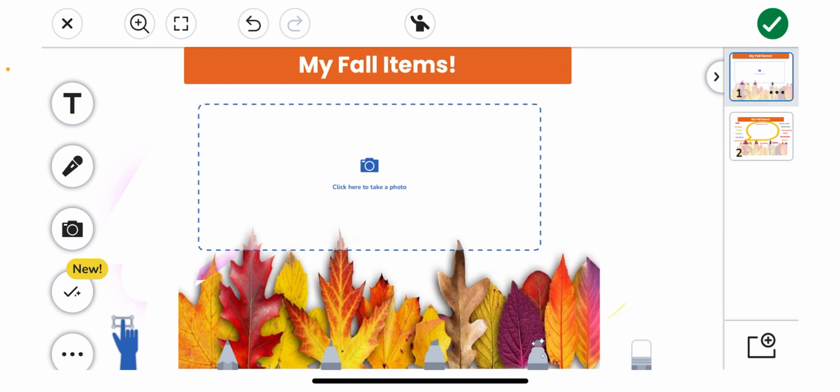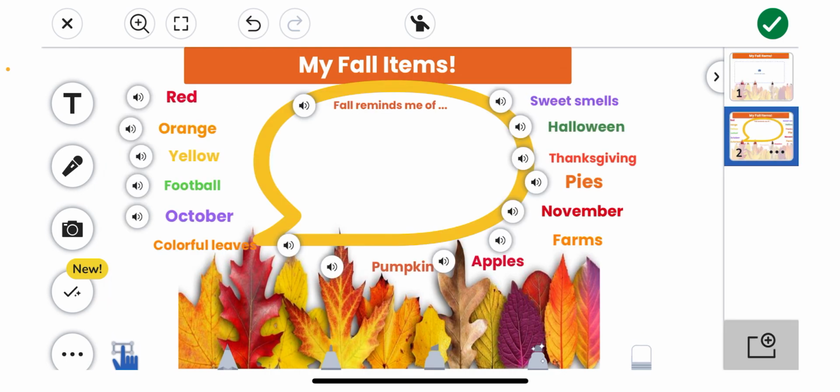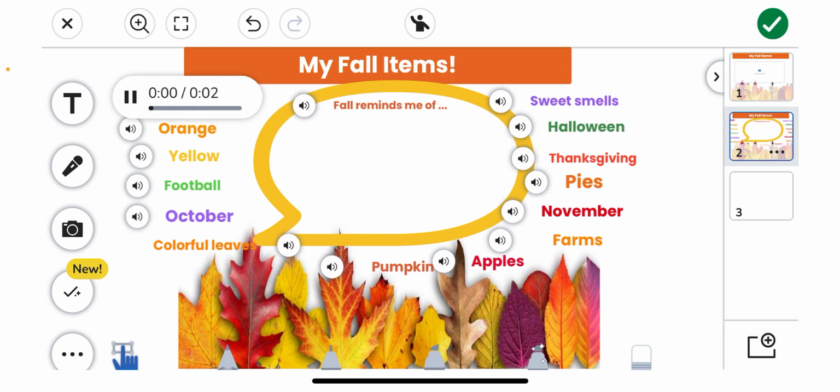Let's go to page 2. Oh, by the way, you can always add an extra page over here, page 2. I preset a lot of recordings. For example, we did an errorless journal for students, and they all had an opportunity to get items from a container to express whatever fall items they wanted and what fall reminds them of. So for example, we have over here in audio, red,